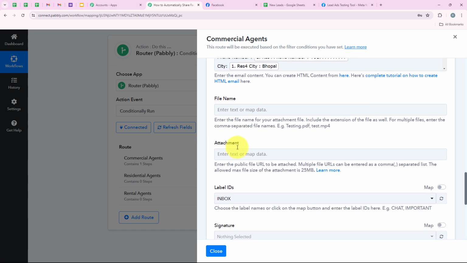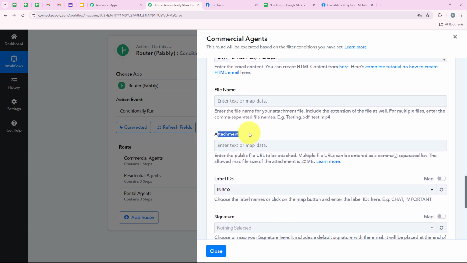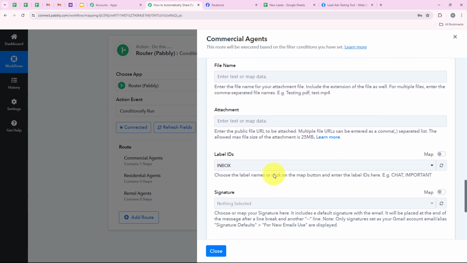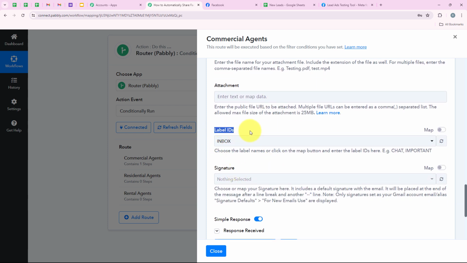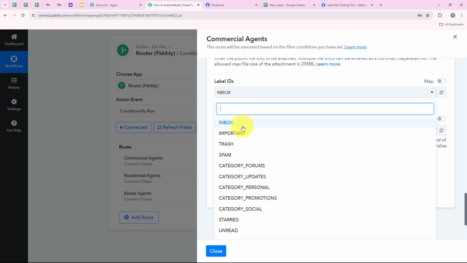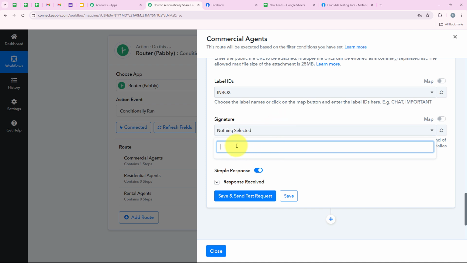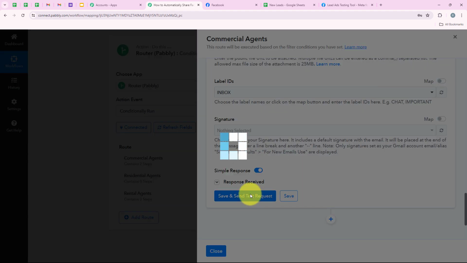It is asking me for the file name and attachment. So as you can see, both of these fields are not required. So I'm going to leave them blank, and then we are going to move on forward. It is asking me for the label ID. So I'm going to keep it as inbox only. It is asking me for the signature. So if you wish, you can definitely add a signature right over here, but I don't wish to add this because this is not a required field. So I'm going to leave it blank, and then we are going to click on save and send test